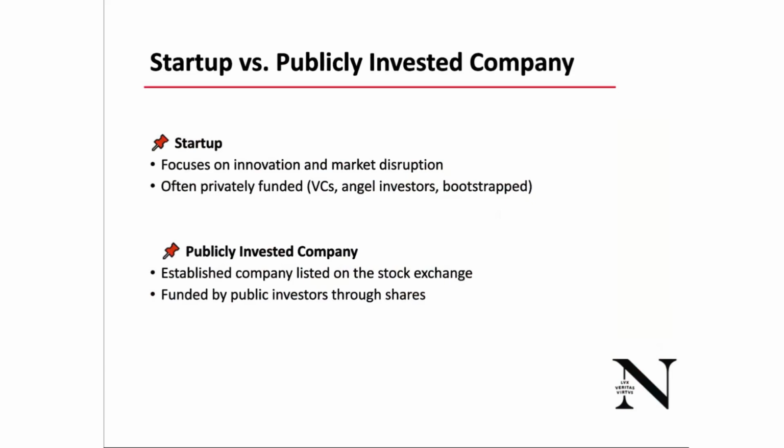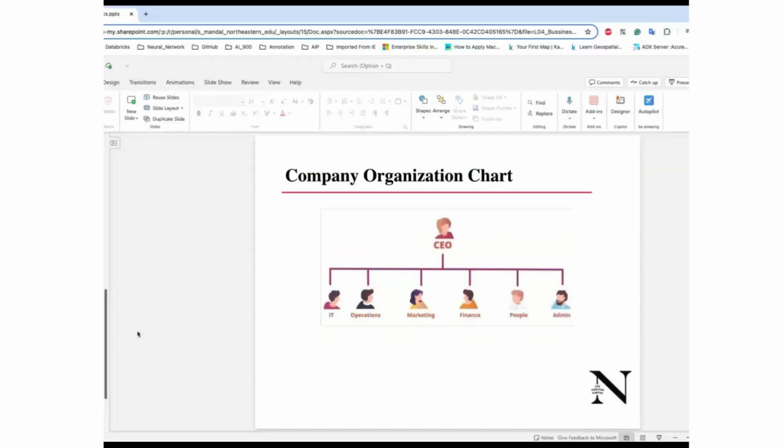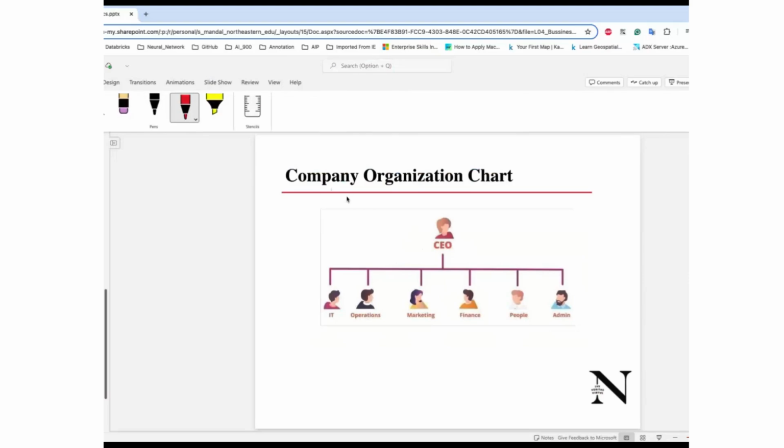But when you are going for a publicly traded company, then you have to bring a board of directors on top of it, right? So you can be a CEO. That is what we are looking at here. You might be a CEO, but on top of you, there will be somebody sitting as the board of directors, and then you have all the departments,